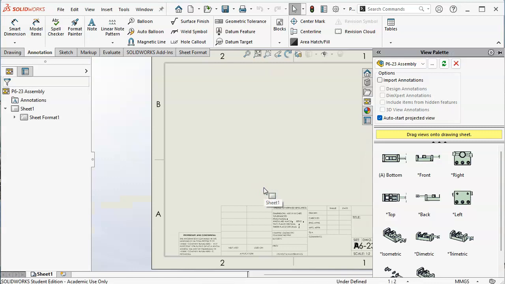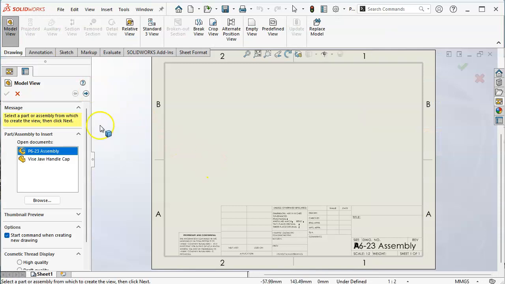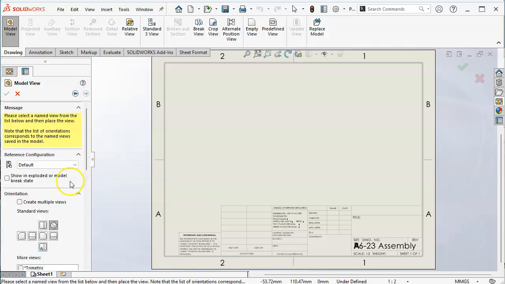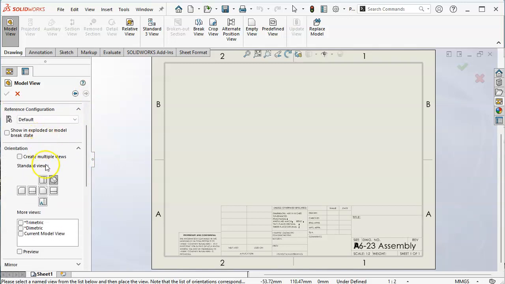And this one jumps directly into the view palette, so we'll take another look at those. If you are going directly into the model view, your choice, you can X out of that and go to the view palette, or go back, whichever one works for you. Since I'm just bringing in the isometric view for now, we're going to first bring in the isometric for